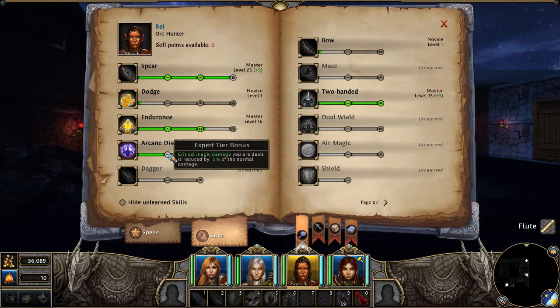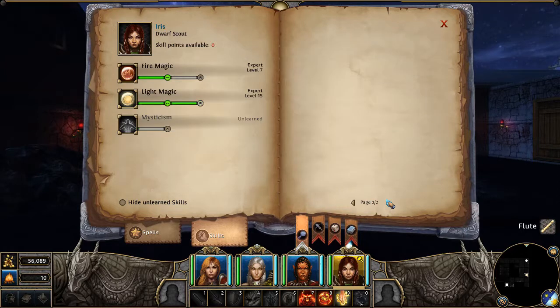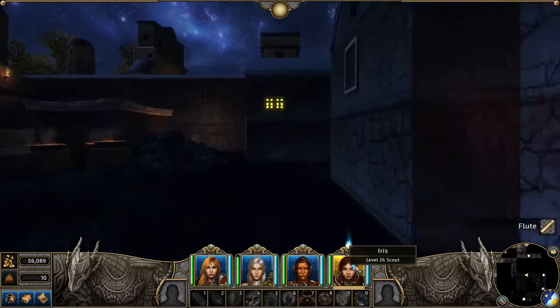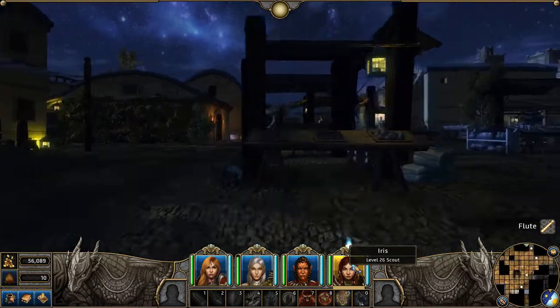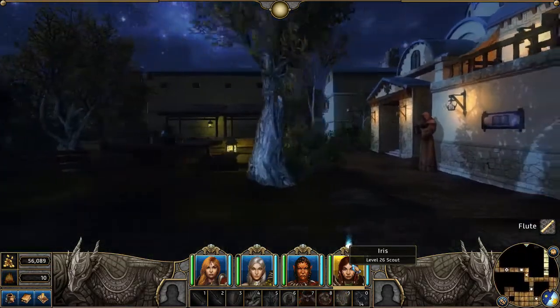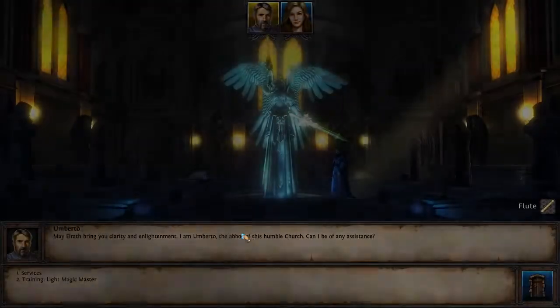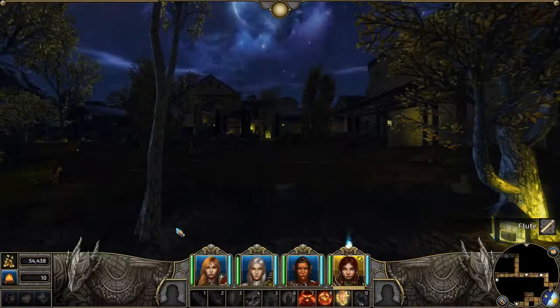You need Arcane Discipline. That's in Scorpigal, and I do need to get that. Probably should have gone and got that first. And you need Light Master, which is actually here. Actually, is Arcane Discipline here as well, somewhere? Light Magic Master, so that's that. And, well, while I've got the chance,